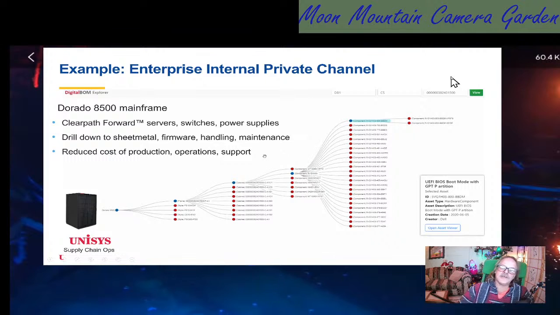As an example of DBOM in use, at Unisys, we create mainframes and have been doing so for many, many years that run critical business applications. We use DBOM internally to look inside those mainframes and be able to say, for example, in this screen capture, that the firmware on an individual chip is running at a particular firmware level. That helps us reduce our cycle time, get better customer satisfaction, spend less time tracking down parts, and keep things running better, basically.